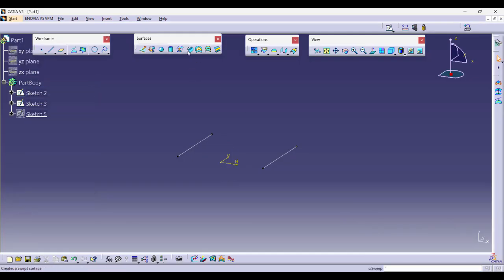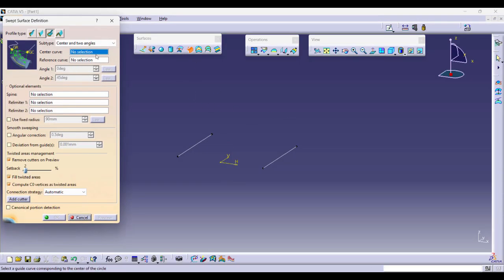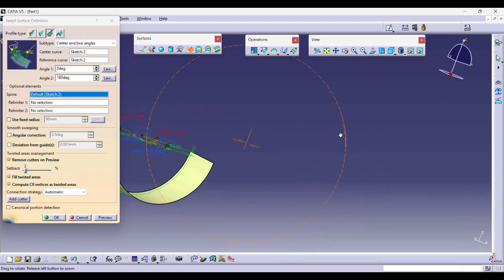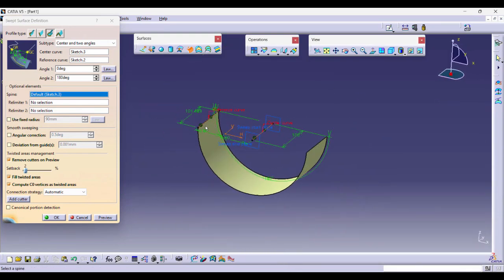And then we are going to go for the command swept. Here the center curve we are going to select this line, and the reference curve, which will be the starting curve for the reference surface, will be this line. We'll take this angle as 180 degrees. Say preview. Say close. And here we have this surface starting from this reference and ending at the angle 180